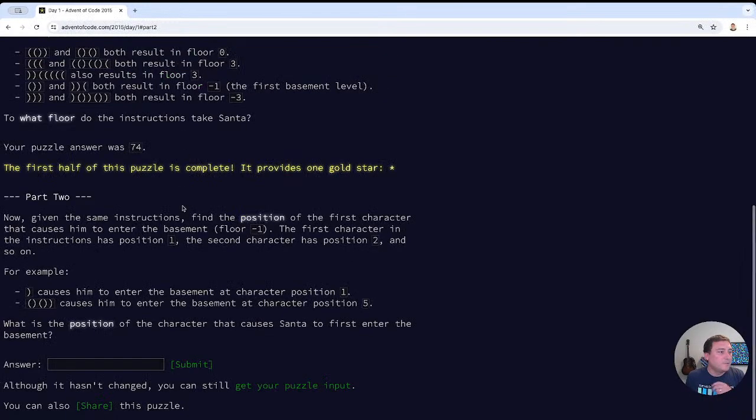Let's continue to part 2. Now, given the same instructions, find the position of the first character that causes him to enter the basement. The first character in the instructions has position 1, the second character has position 2, and so on. For example, open causes him to enter the basement in character position 1. Open, close, close causes him to enter the basement at character position 5. What is the position of the character that causes Santa to first enter the basement? Okay, so